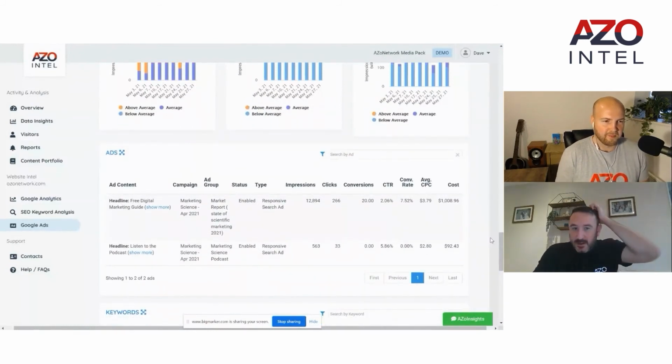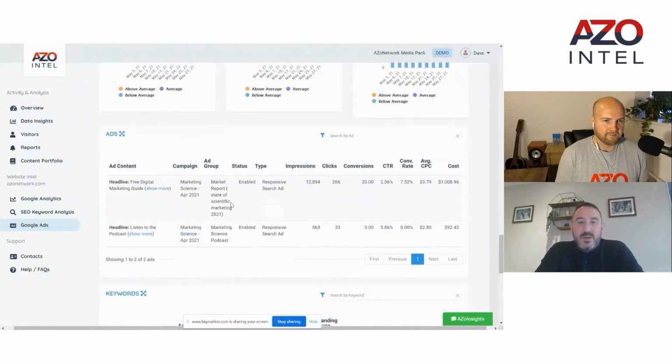Yeah, no, absolutely. And again, if we look at this from an ads perspective, and then look at the performance, this is a good example in the sense that the click-through rate for the free digital marketing guide was good. 2% is great. And again, it's sometimes maybe unfair to compare these two types of campaigns, because in this instance, you're giving something away for free. So you would expect a better conversion rate, but you've got a conversion rate of 7.52, which is excellent. That cost $1,000 at that time,